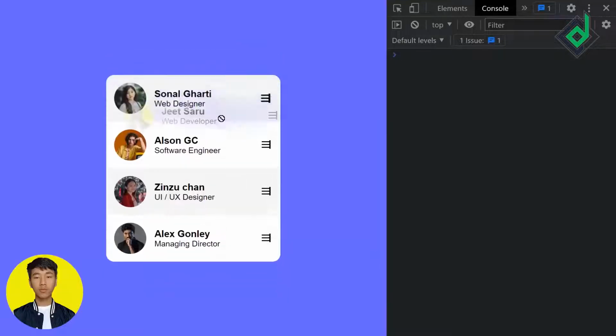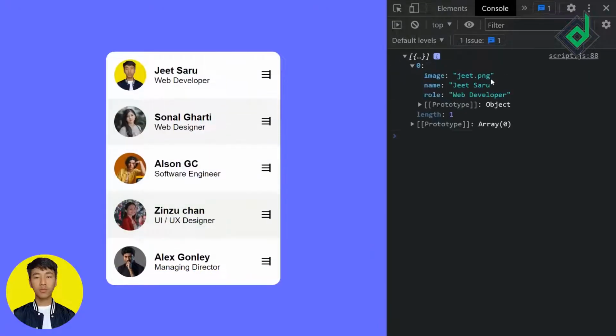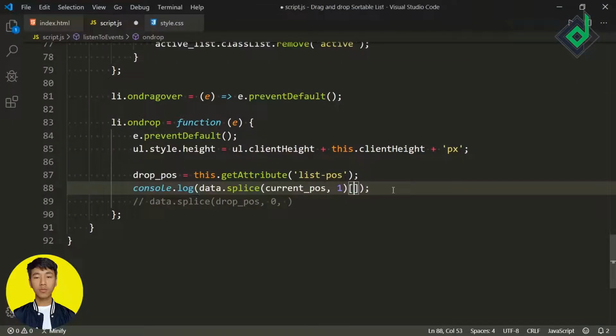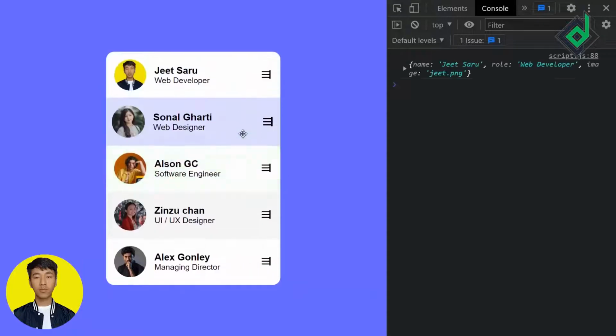So in the browser, once again, if I drag and drop, did you see that we get the drag element's value inside that array? So in order to access that value, now you have to give the square bracket 0. And once again, if I drag and drop, did you see that we're getting the exact drag element's object, all the properties that we need. So this is exactly what you want.